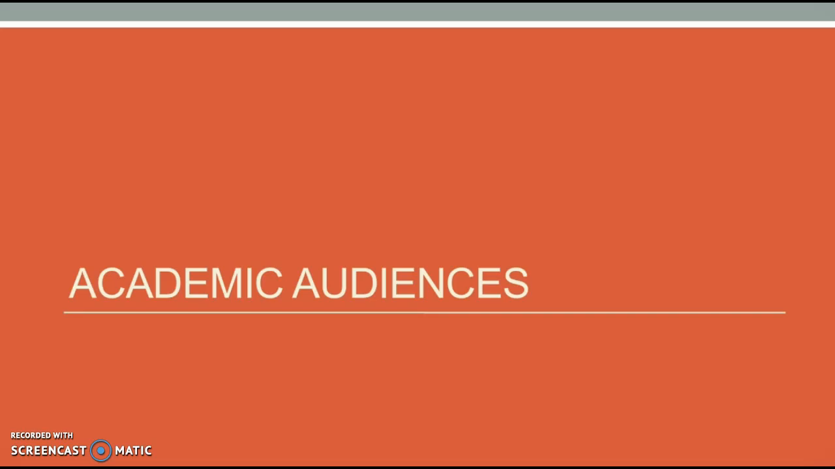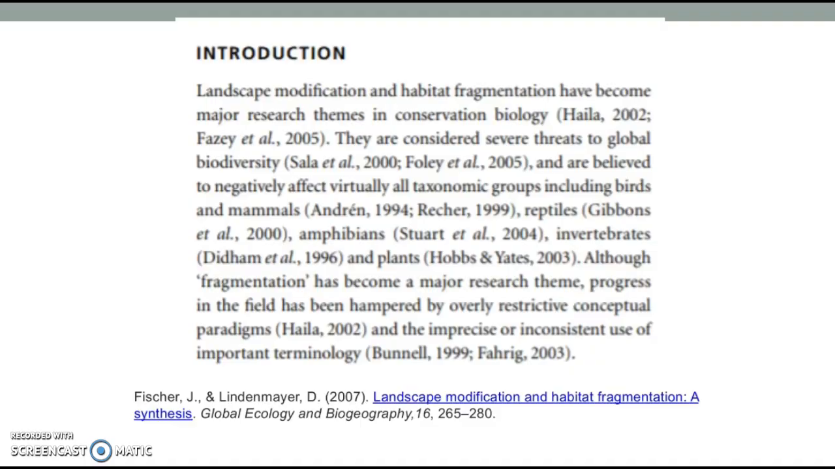So let's think about academic audiences as the main audience for scientific writing, and let's look at an example. This is from an article from Global Ecology and Biogeography. It's an article from a former colleague of mine at the German university I worked at. So Global Ecology and Biogeography is obviously a journal that speaks to scientists. And the first thing that we notice that is the hallmark of scientific writing are the